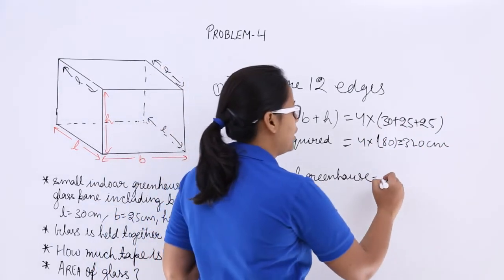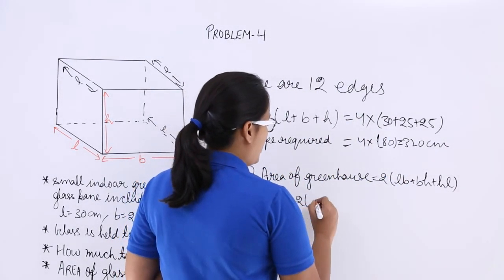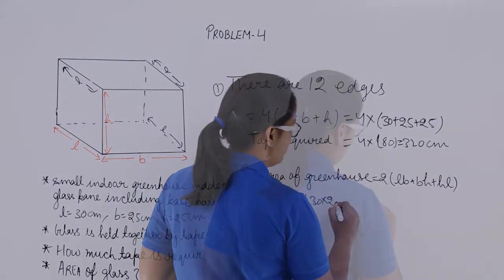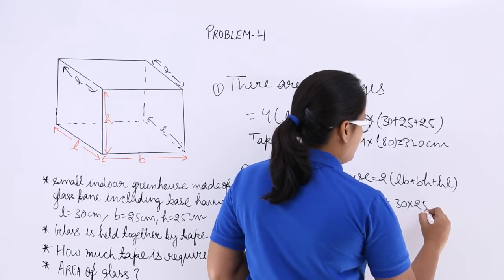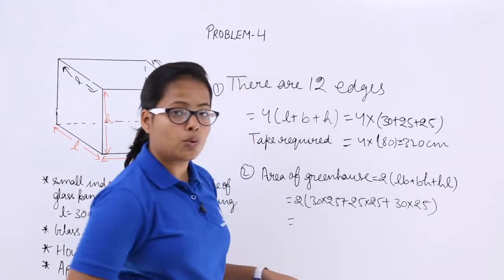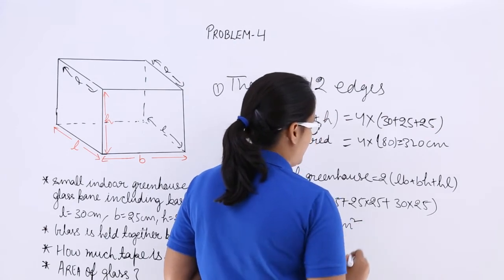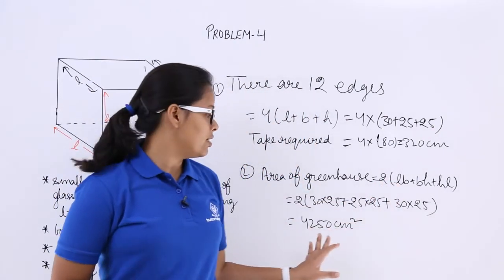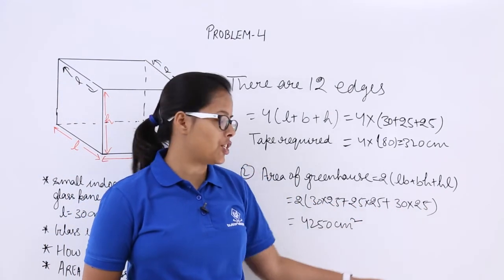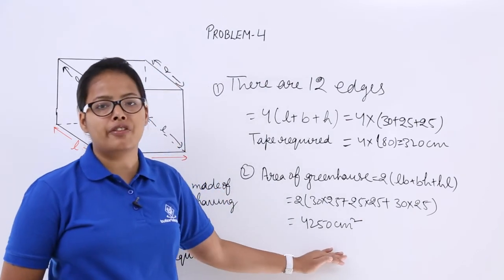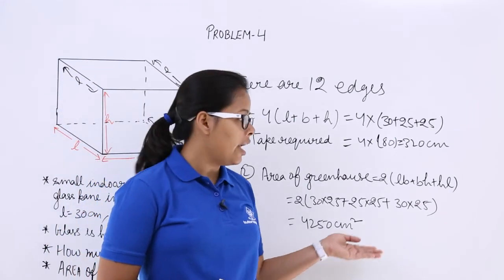So now let's calculate the area. You know that this is the formula for the area of a cuboid. Now let's put the values for L, B and H. This is 25 into 25 and this will be 30 into 25. So what will you get? You will get 4250 centimeter square. Length is 30, so 30 into 25, 30 into 25. When you evaluate this expression, you will get 4250 centimeter square. So the area of this greenhouse comes out to be this, and the tape required is